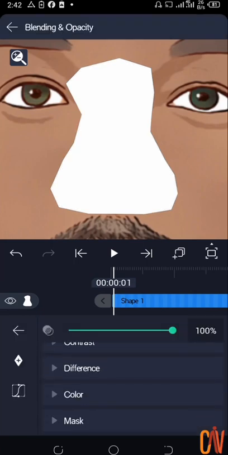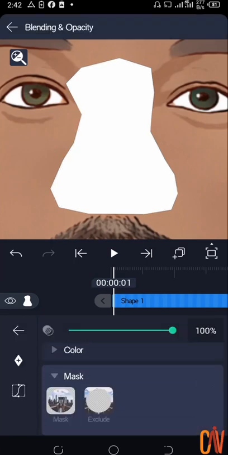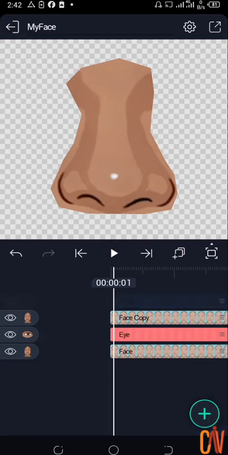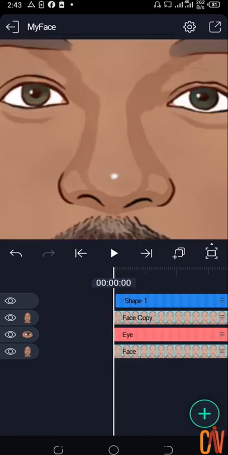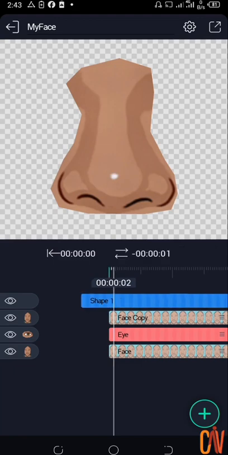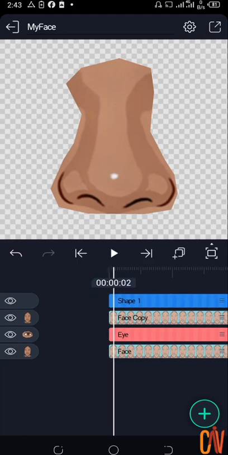Then we scroll down to mask, just what we did before. Then you tap on mask. You see now we've masked the nose. Then once we've done that, we're going to go out here and ensure, I did something. I think I moved this shape out of the line the last time I moved it. So once we're here now, we will now